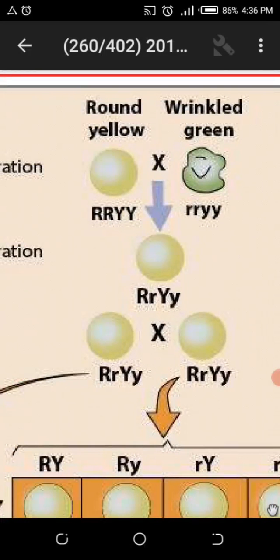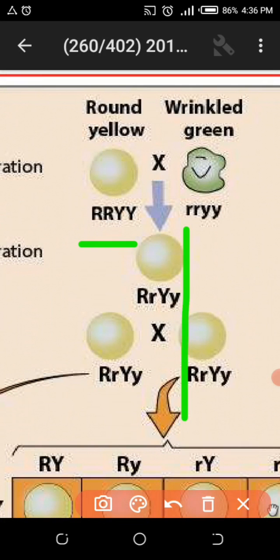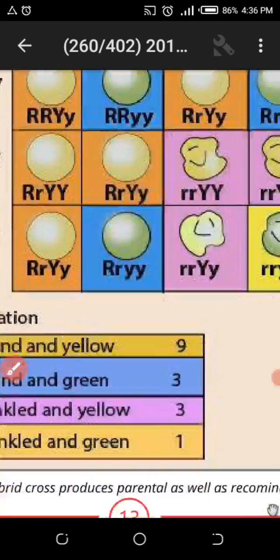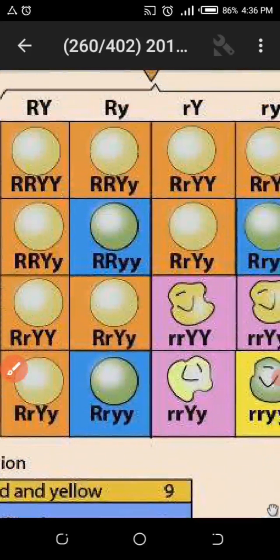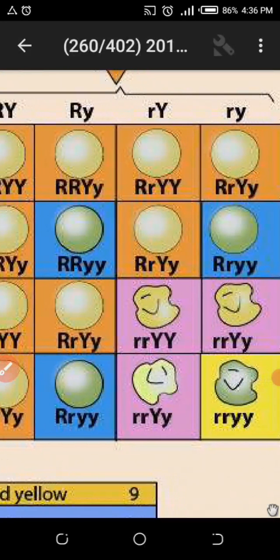These were the parental generation: capital R, capital R, capital Y, capital Y, round yellow, and small r, small r, small y, small y, wrinkled green. Now I will assess one of the generations, and you will just make a guess. You understand the recombined genotypes, the genotypes which are recombined. Look here, capital R,